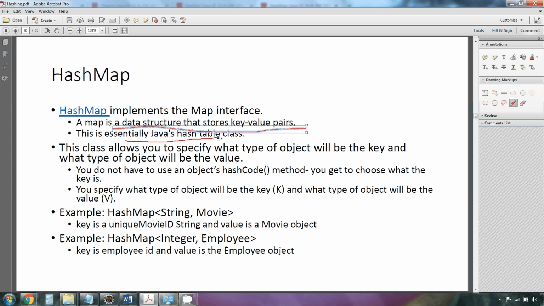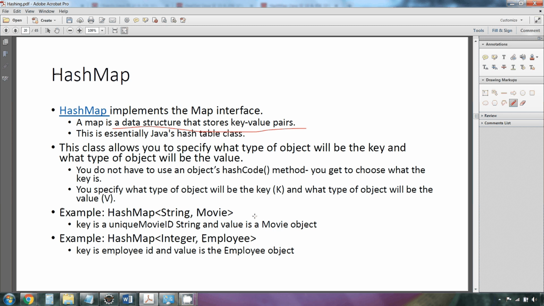So just like ArrayList is one of Java's main ways of providing the list ADT, hash map is one of Java's main ways of providing the hash table ADT. And this is where it gets a little confusing with the language, because I'm telling you the class is hash map, and I'm also telling you it is a hash table. So again, try to keep these things separate. The class name is hash map, and this is an example of the abstract data structure hash table, right? Just like ArrayList is a class, and it's an example of the abstract data structure list. So same idea. Hash map is basically Java's version of a hash table,